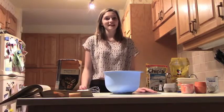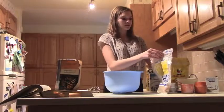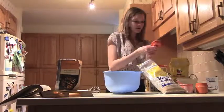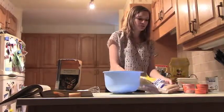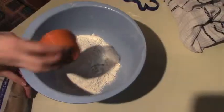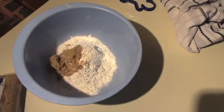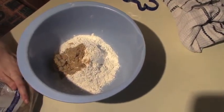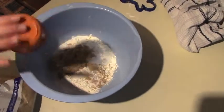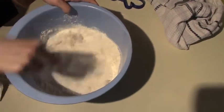The next thing we'll be adding is half a cup of lightly packed brown sugar. The brown sugar represents Duncan, a mirror image of Marion in the story, just as the brown sugar is almost identical to regular sugar. The first thing we notice as everything is being mixed is that the flour consumes everything,